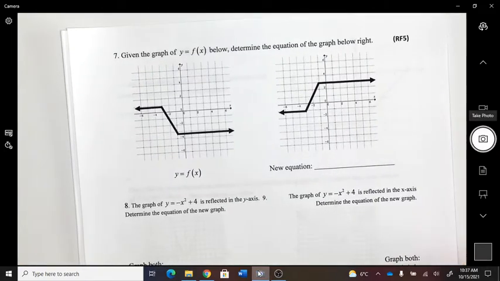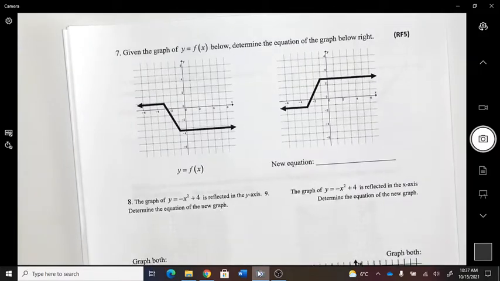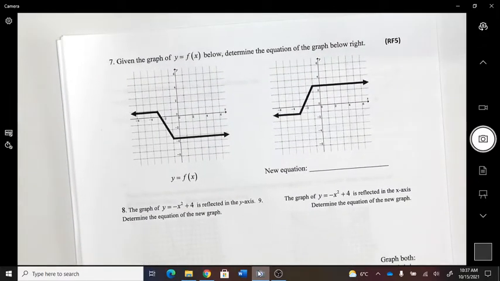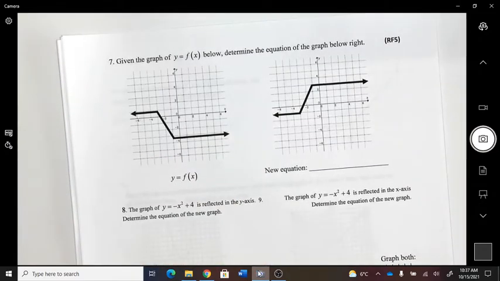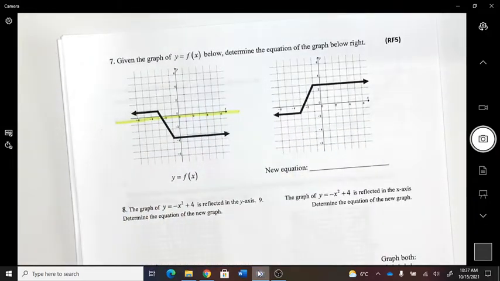Given the graph of this below, determine the equation if this has happened. Okay, what do you want to do with this first? What do you physically want to do? Reflect it? How so? Which axis? Over the x? Okay, so I'm going to change